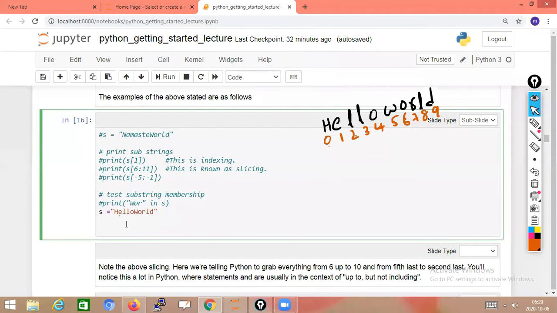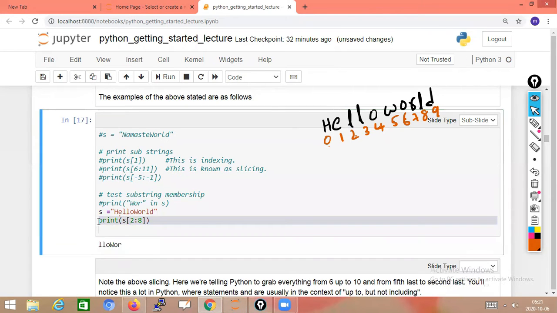Now we learn about slicing. To understand slicing, first we'll take an example. Print s of the variable s, I'm taking s[2:8]. Let's see what output it gives. Control enter. It is giving the letters LLOWOR.